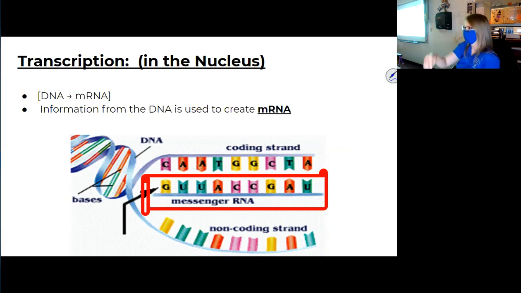Transcription starts in the nucleus, because where's our DNA? In the nucleus. Now, our DNA is super important. We're never going to let it leave the nucleus. It's always going to stay there. And because it's never going to leave the nucleus, we have to make a specific version that can leave the nucleus, that we don't care if it gets beat up or messed up, that it can leave, and that's perfectly fine. We call it mRNA, which stands for messenger RNA,